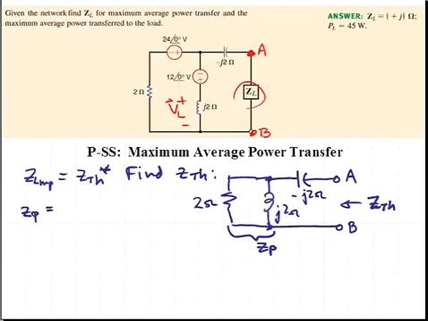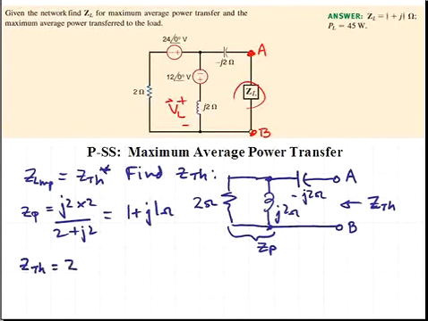Z sub P will equal j2 times 2 divided by 2 plus j2, and that is equal to 1 plus j1 ohms. Then Z Thevenin will equal this parallel impedance Z sub P minus j2 ohms for the capacitor,